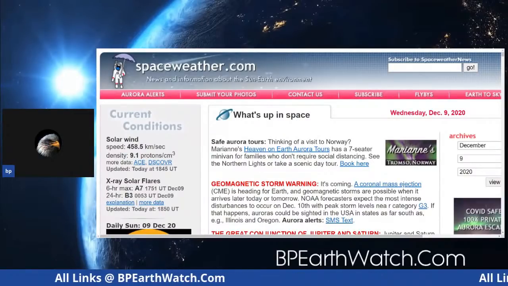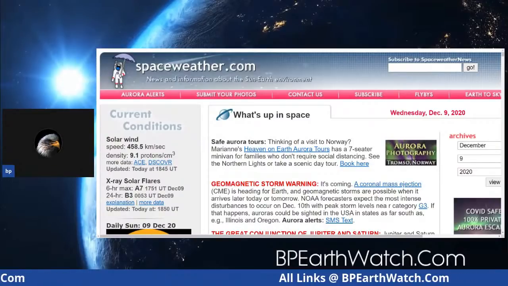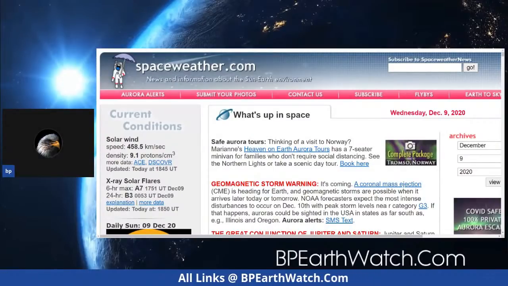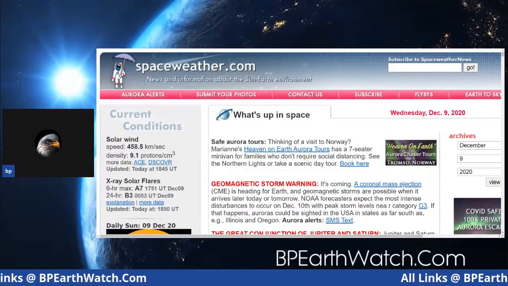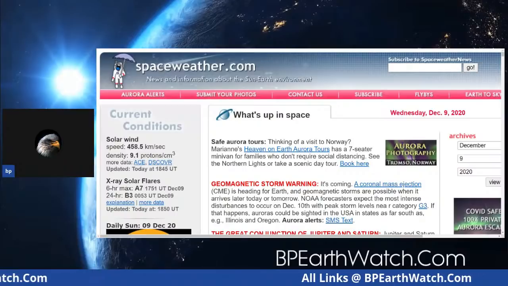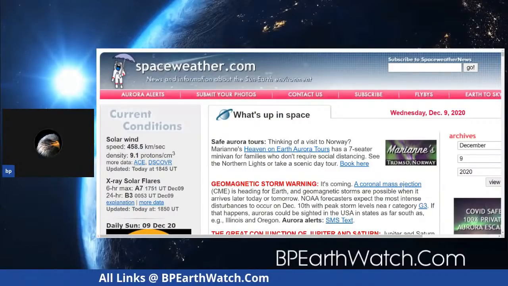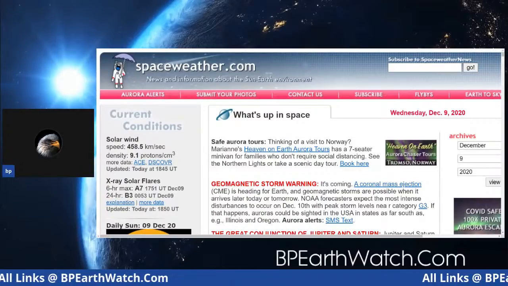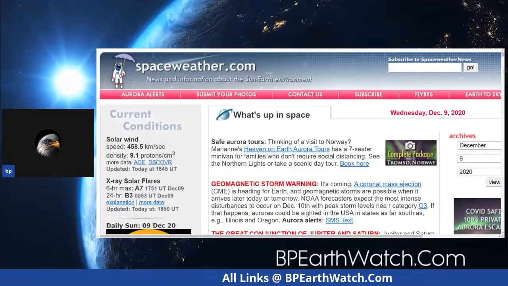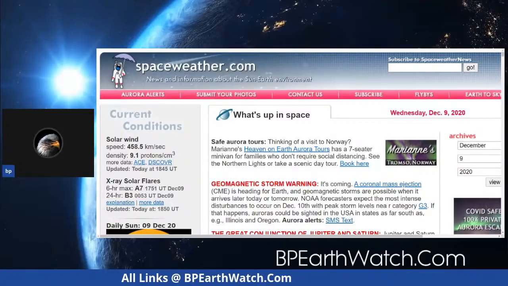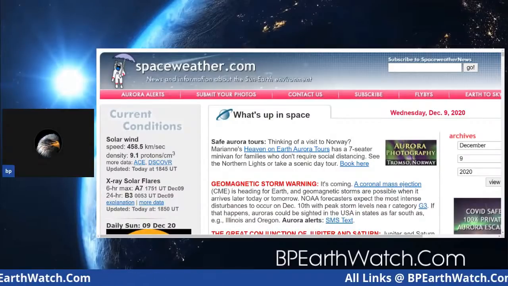But you can see the solar wind just in the last few minutes has increased now to 458 kilometers per second, and our density is now above 9.1 protons per centimeter cubed. This is expected to rise to at least 800 kilometers per second, which is again around 1.79 million miles per hour. Again, you can read here that